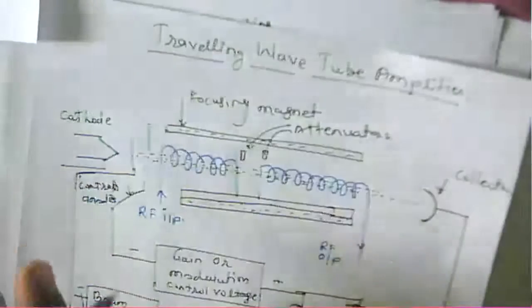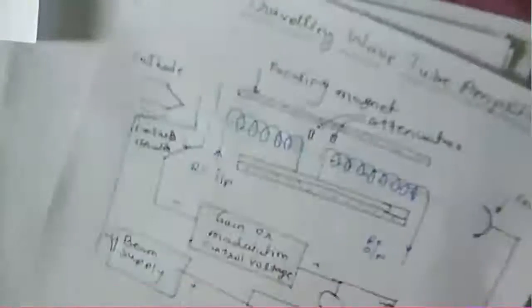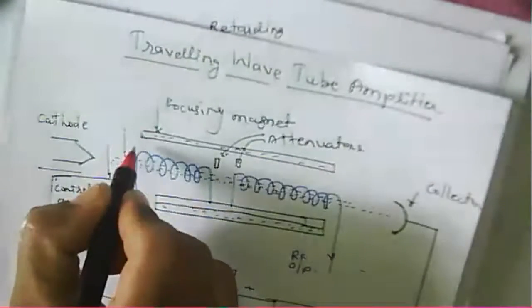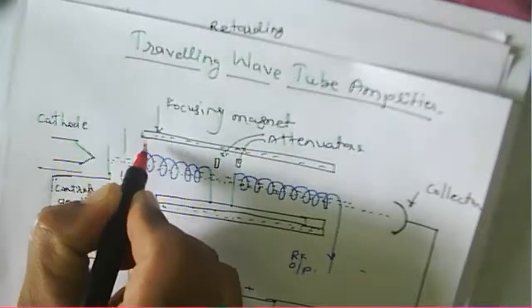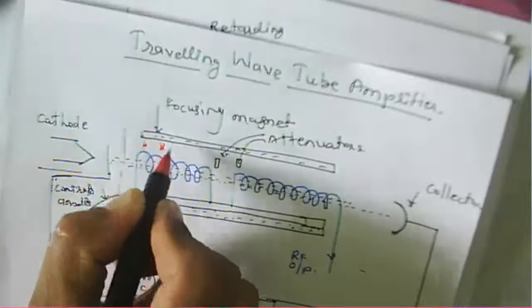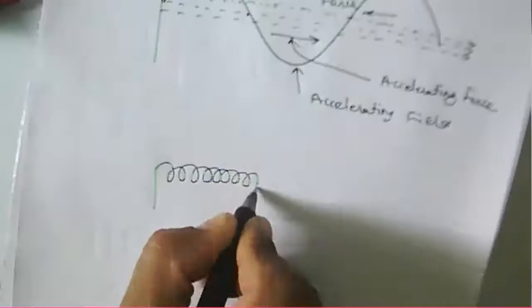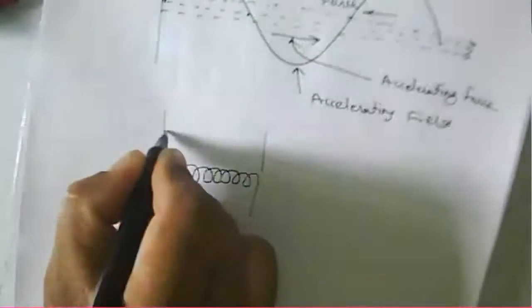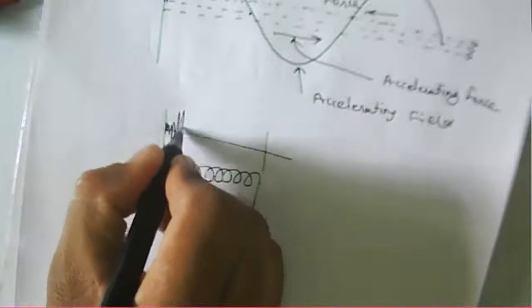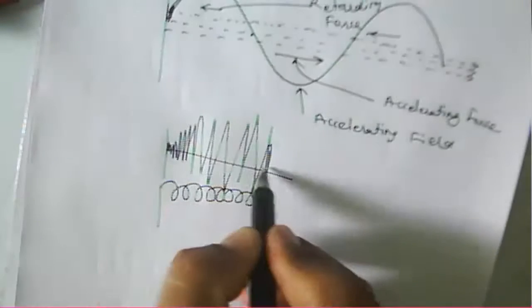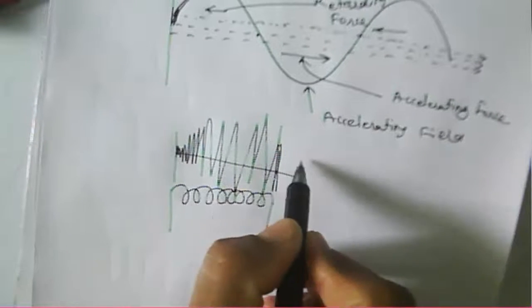So for example, I'll redraw again. Here, if I draw the signal now, our signal gets amplified. Let's consider again, I'll redraw. This is about your helix. Now what happens here? When your signal is propagating, likewise, it will be amplified. So when it is moving through this particular helix, it gets amplified.